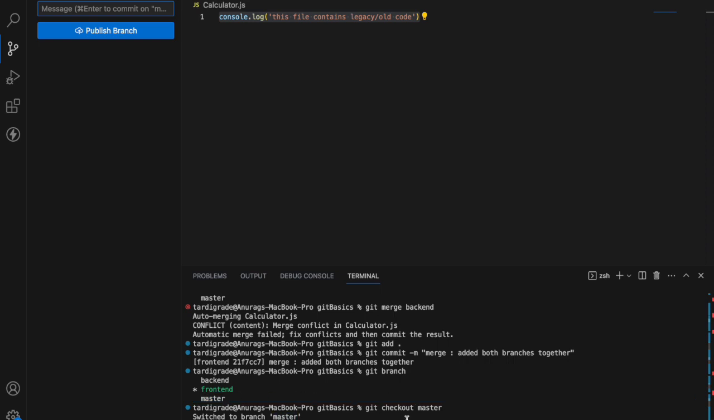So we are on master currently. We'll say git merge, and we'll say front end, because that's where our combined code is stored, right? Added both branches together on front end branch. So